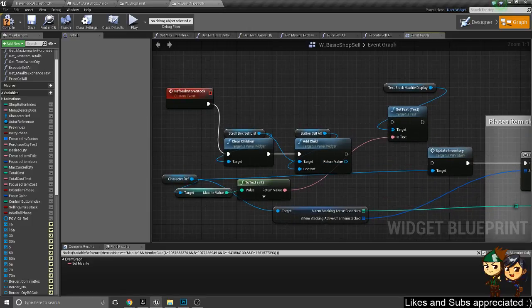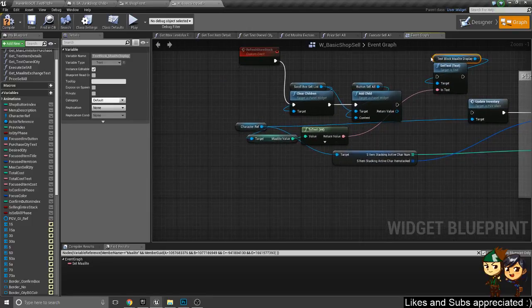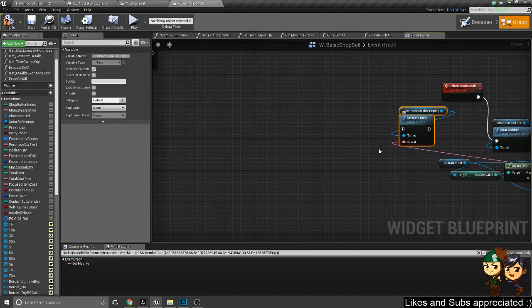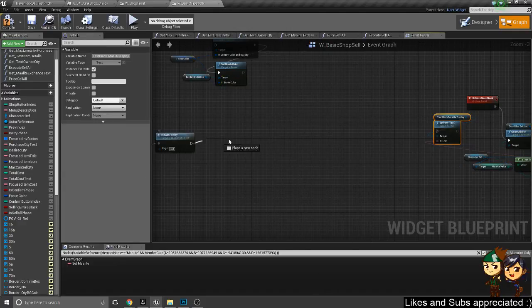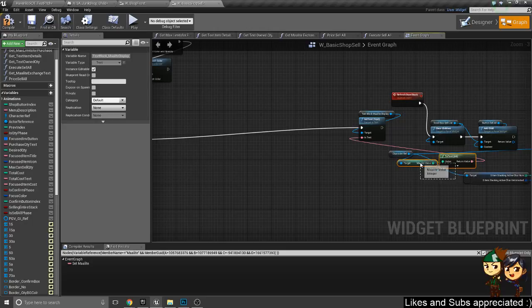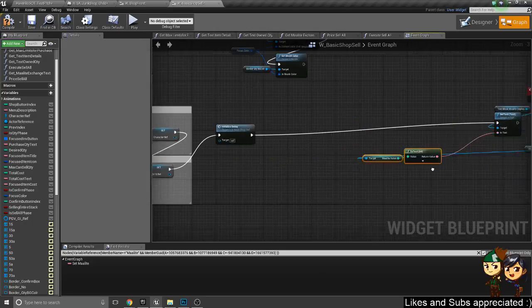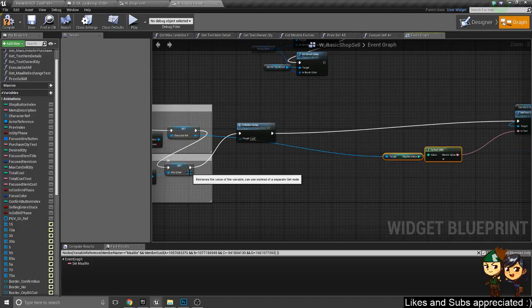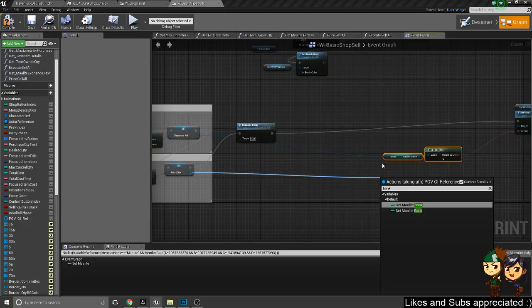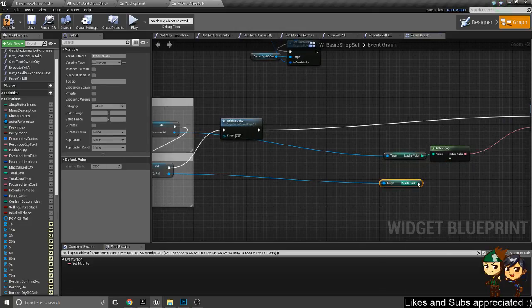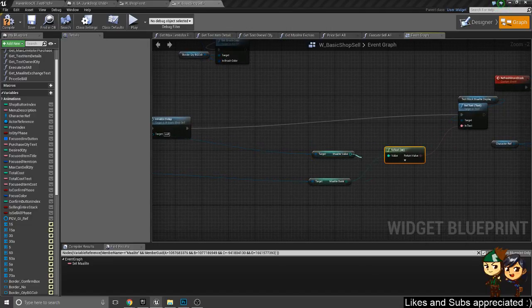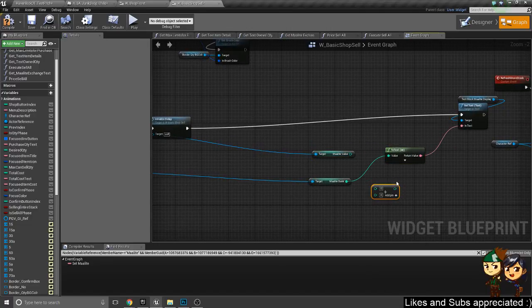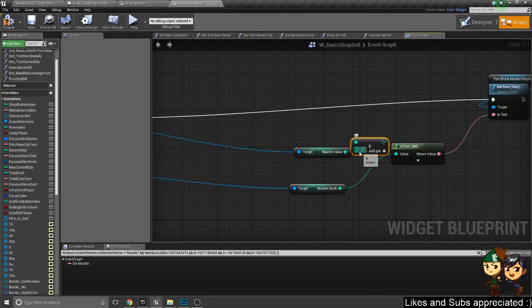blueprint. And what I want to do is just move this to, well, here. And the character reference is there, and the game instance reference will pull up the bank again. And we're basically doing what we did earlier, where we just get the sum of our total net worth, I guess,